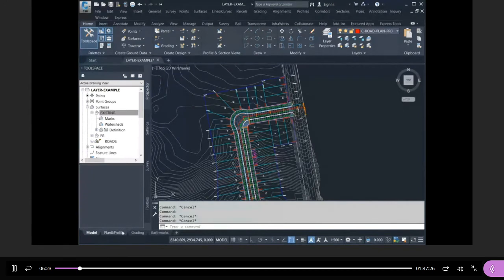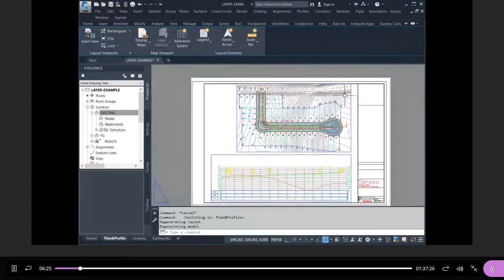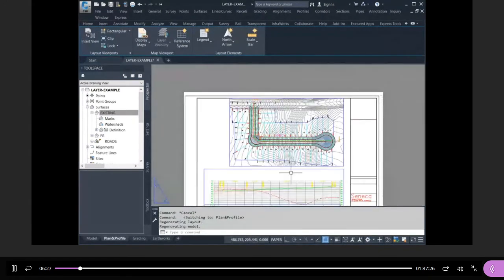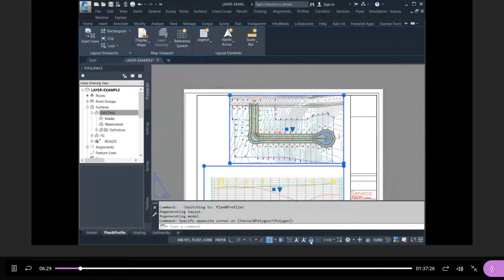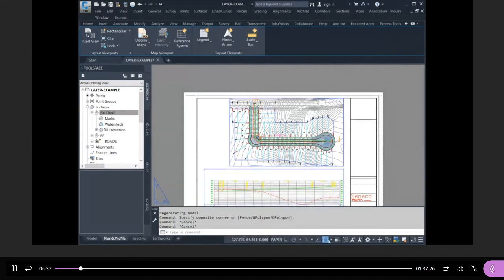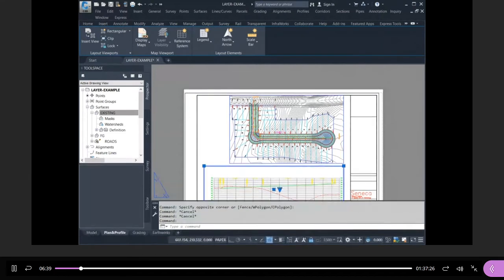Let's go to the plan and profile. So to do this effectively, you have to make sure both windows are locked. Make sure the lock is on. Okay, because if you go in there and this is unlocked, you're going to screw up the scale. Then you'll have to start over. Right. So this is the problem. If you click on one